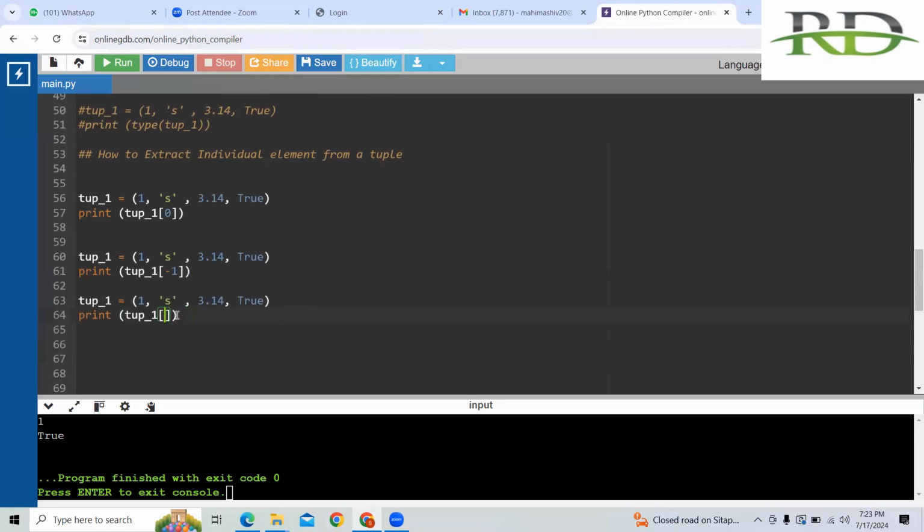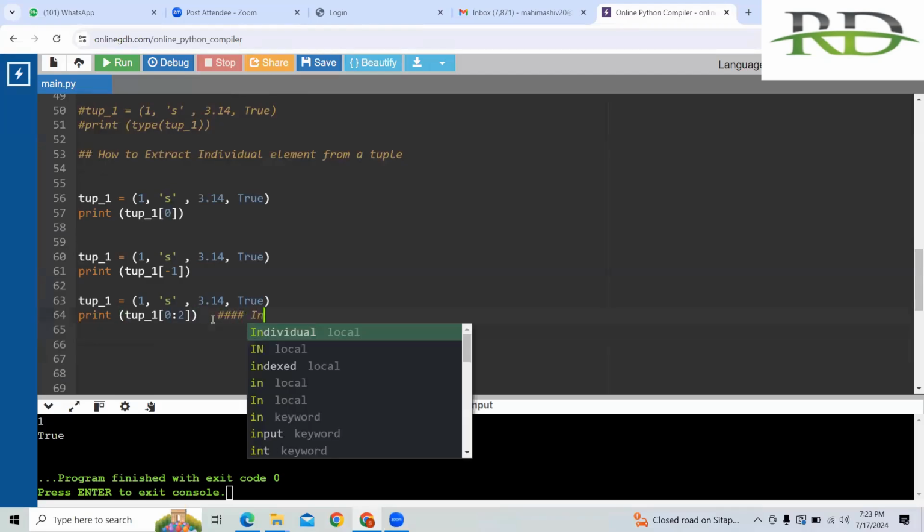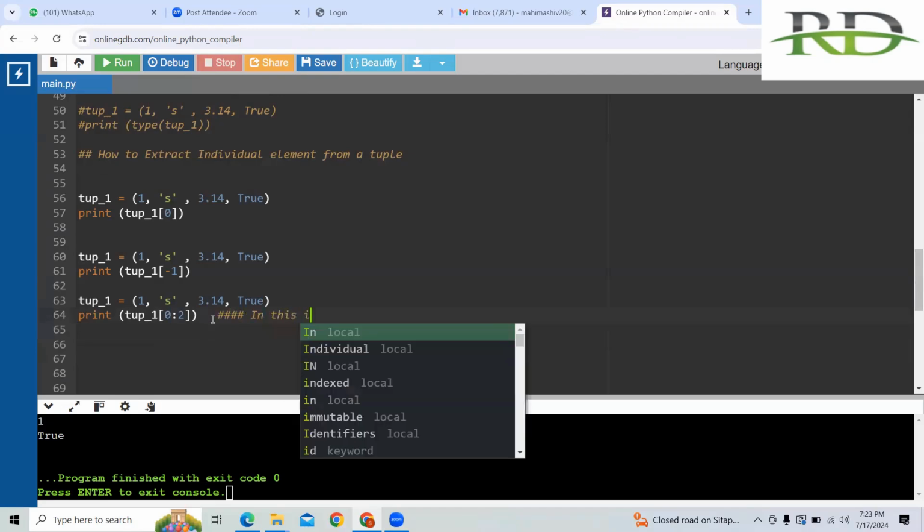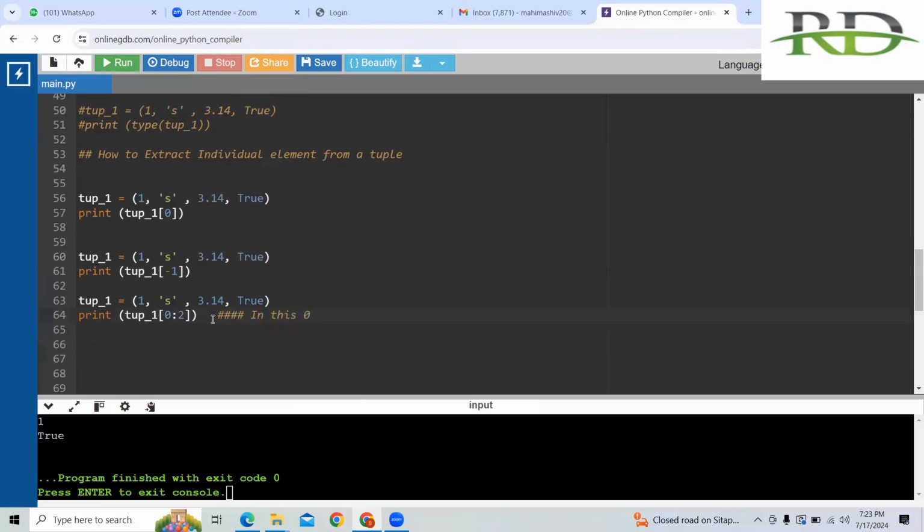Suppose that 0 to 2. And one thing, in this, the 0 index is inclusive,